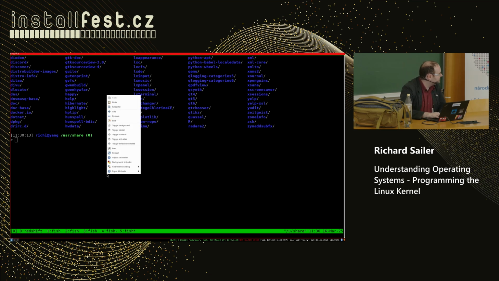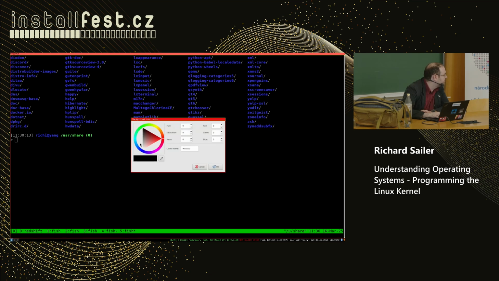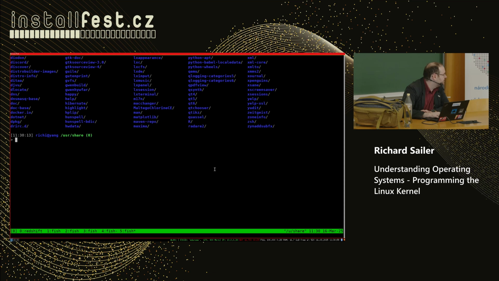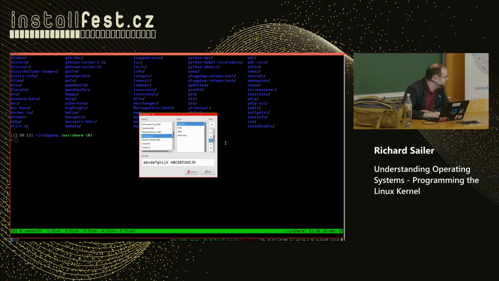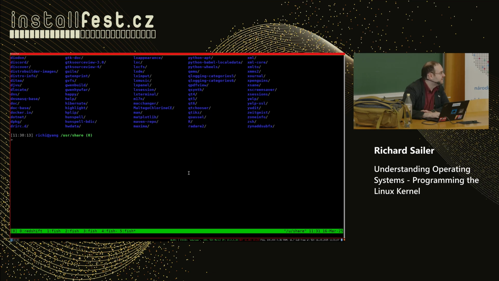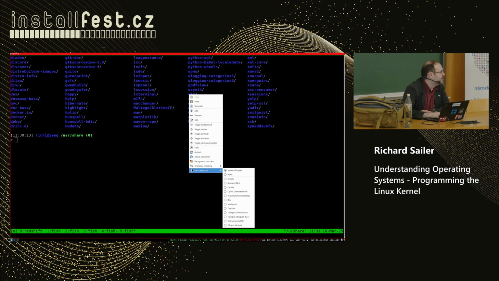I can try that. Let me try. Background tint color. Gosh. It did nothing. I did think about that font would be something that people would need, but I did not think of the blue on black in the light. I do get that, yeah.